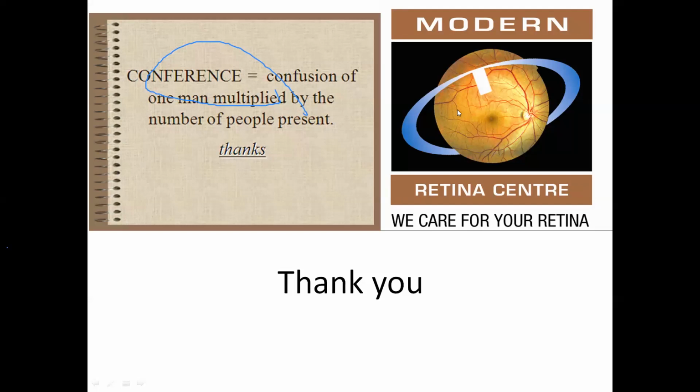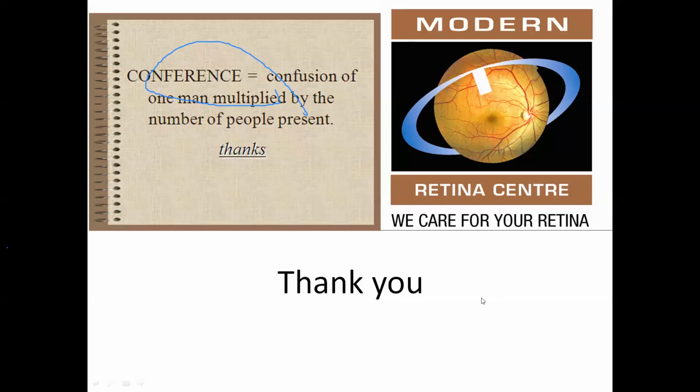How far is it useful? We can take images up to the arcades. In what conditions? Actually, there are very few indications for that. There are certain conditions called extramacular CNVMs. Sometimes a membrane can occur at the arcades, nasal to the disc, along the inferotemporal arcades. If you want to follow these lesions long term, we can just do the OCT. But actually, there is not much need for peripheral OCTs.